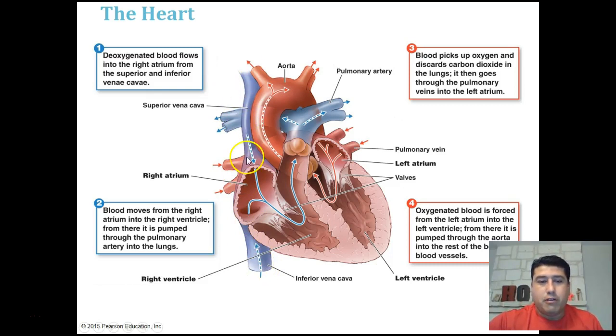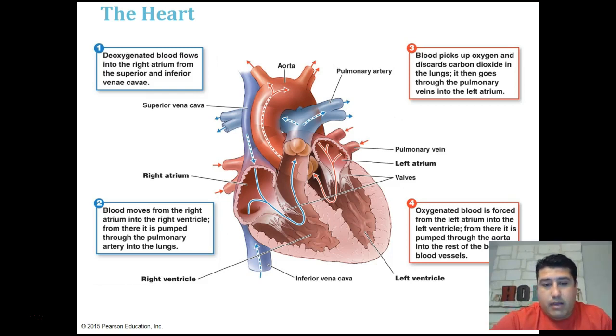All right. So the superior vena cava drains blood from the upper body, from the head, neck, and arms. Okay, all the way to the fingers. And the inferior vena cava carries blood from the lower parts of the body, so anything below the heart. So anything in the abdominal area, all the way down to the pinky toes.